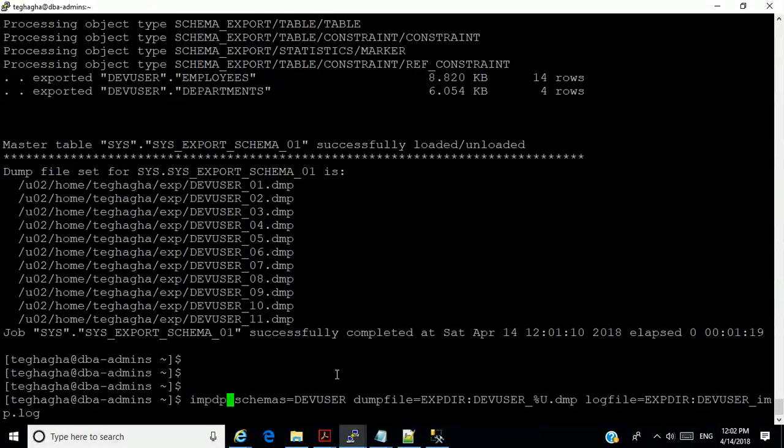And I'm going to say remap_schema is equal to, now you're going to mention the original schema and put 2 dots and the new schema. I'm going to call it dev user 2. So we're going to create another user called dev user 2. It's going to be exactly like the original schema, and it's even going to have the same password. Now this is a very, very common thing they ask in the real world. The developers might want to test something, might want to do something, and they just do it.